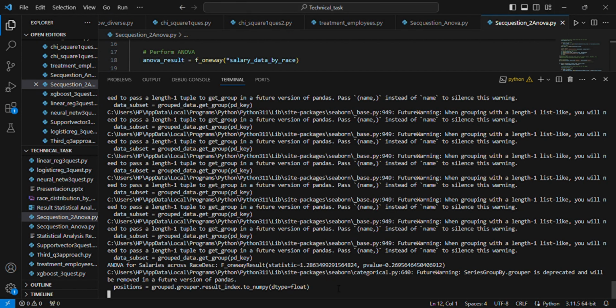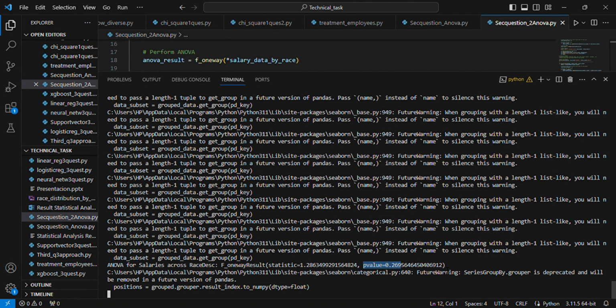Here we are analyzing one, for that reason it is one-way ANOVA, so we get the statistic, which is 1.28, and the p-value, which is 0.269. Now we have to remember, if the p-value is less than 0.05,